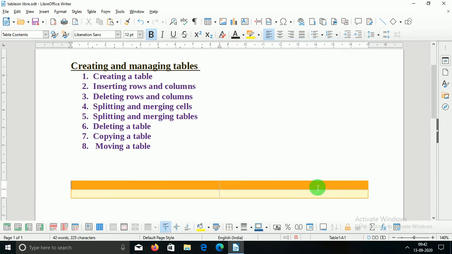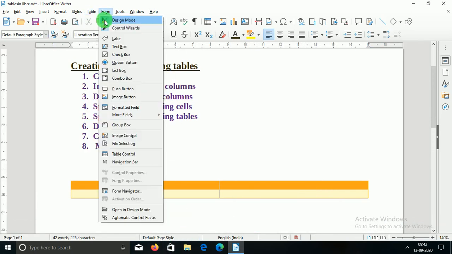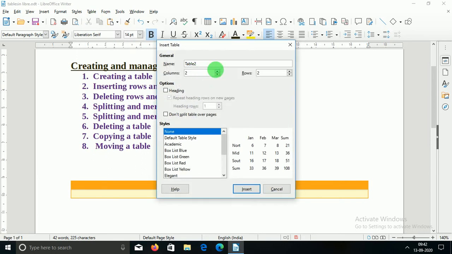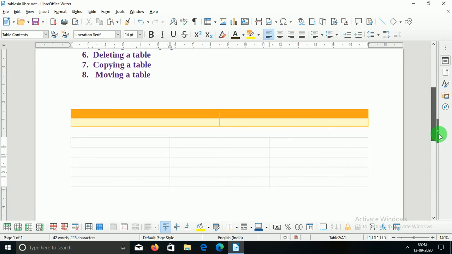Or if you don't want this, if you want to create your own table, then just go to Insert Table again and give how many columns and how many rows you want. Supposing you want 3 columns and 5 rows initially in your table, then just give it and click OK. Insert karo. Okay, so here you can see in this table there are 3 columns now and 5 rows.